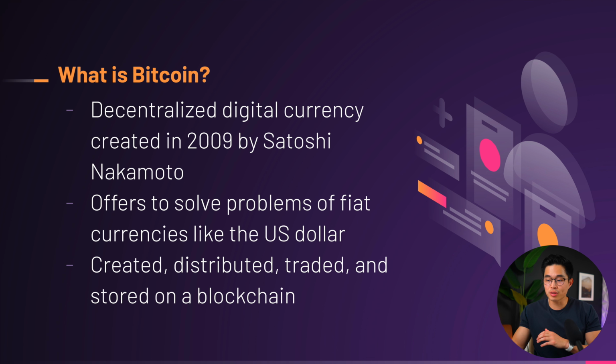By being a fully decentralized and digital currency, Bitcoin offers to solve a lot of the flaws that other currencies like the US dollar have when it comes to many things. So this includes things like hyperinflation, government control, and lack of technology. Its biggest contribution to our world is the concept of a blockchain, which is basically a public library of information that lives on the internet. And we'll dive deeper into blockchain technology shortly, but basically it allows money to be moved around in our society much more efficiently while remaining safe, which is what makes it so strong compared to the currency we have nowadays.